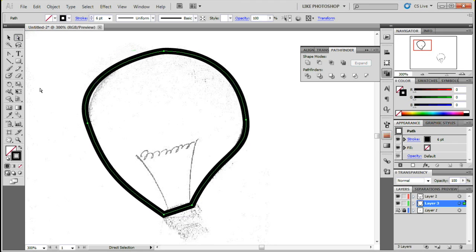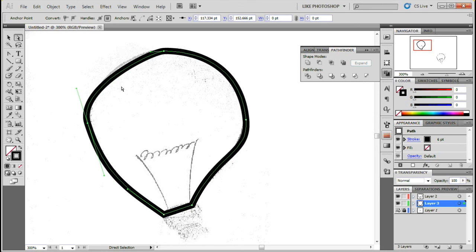But so as you can see, the shape is taking up. The shape is, well, it's taking shape. Duh. Now I'm just adjusting the handle here, but